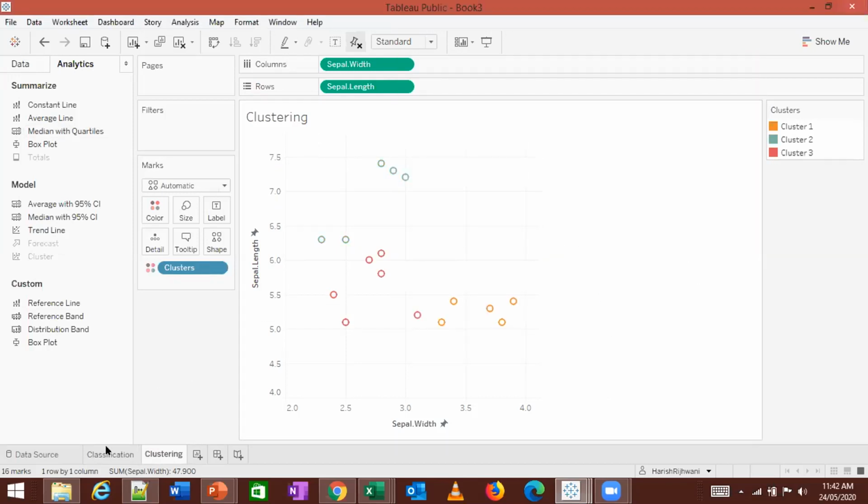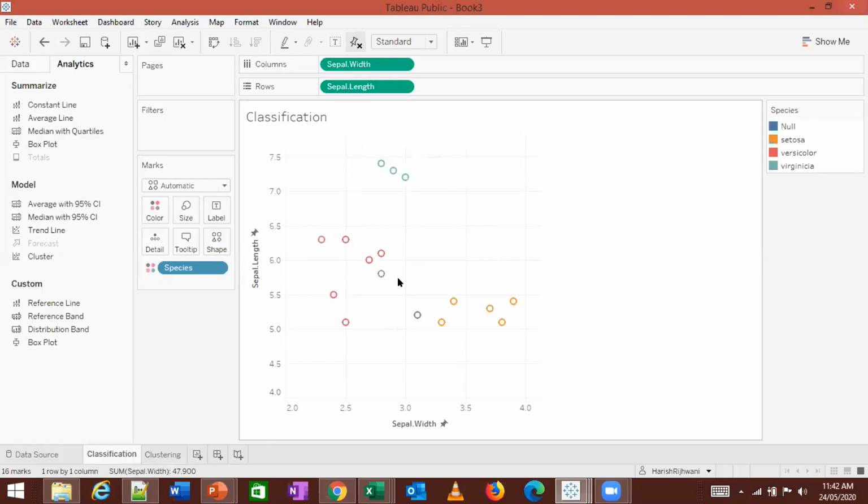So now if I compare these two, you can notice these 3 are correct in terms of the clustering, because these 3 have been correctly clustered. These 2 have been incorrectly clustered over here. These 3, which I see over here, have been correctly clustered. Even this has been correctly clustered. This has been incorrectly clustered because it's an outlier.